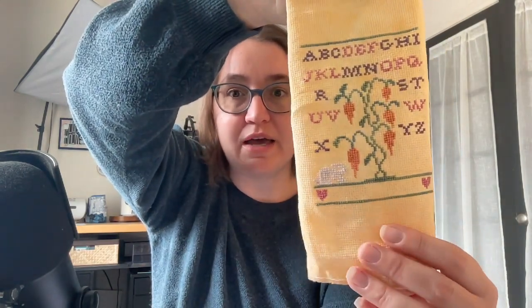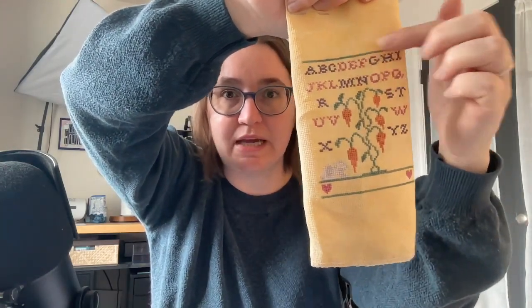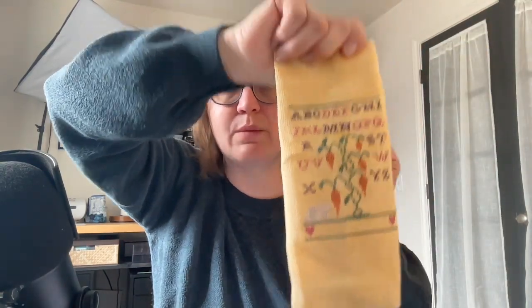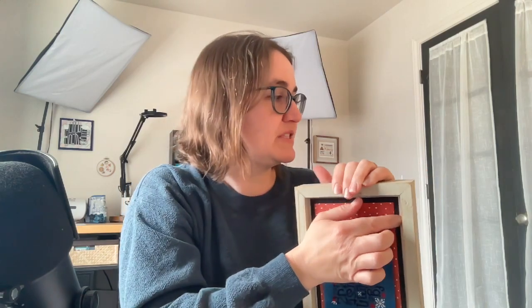And the other thing I thought is I might put the carrot that goes on the back here at the top. So there's a carrot charted, and I could add it just to make it a little bit longer because of what I want to put this finished piece in. I have this longer frame that I've thrifted, and if you've seen my other videos, you might know that all of these come out. So sometimes it's a little hard to pull it out with my finger, but you can just get something behind it. And so I changed them out, and I want to have something for spring in here